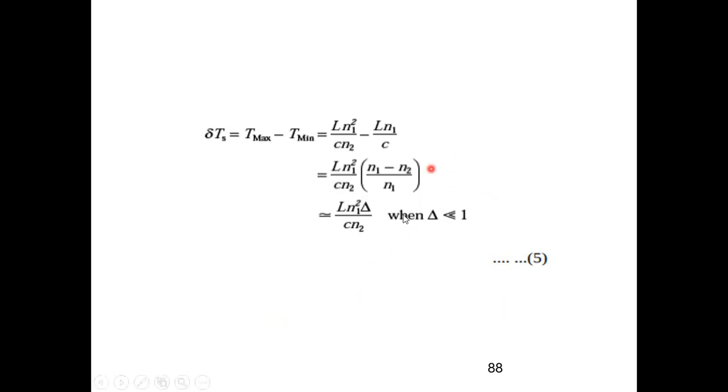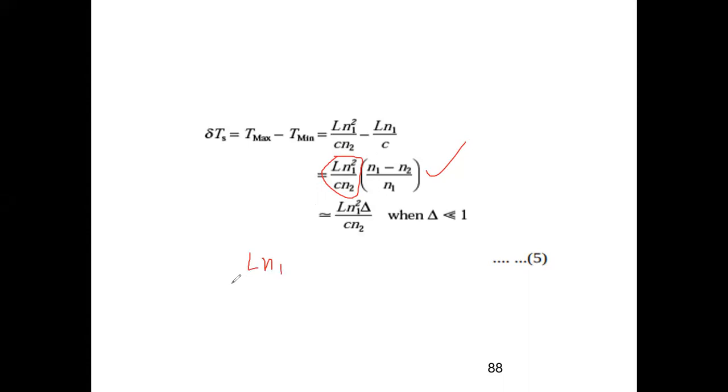All of you, what you do is, this equation ln1 square upon cn2, in this equation we took ln1 square upon cn2 common. Okay, now what you do is instead of taking ln1 square upon cn2, I hope you are listening to what I am telling, otherwise the things go to waste. Instead of taking this part common, this I had already given to you, so it was easy for you to take it common. What you do is you take ln1. This is another way in which I can write the formula. That's why I'm doing it.